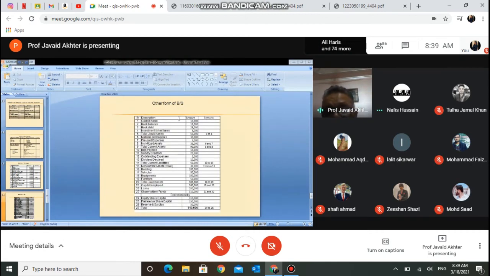We can also prepare the balance sheet in another alternate form. We start with cash in hand, cash at bank, book debts, investments. So this total becomes total liquid assets. If you concentrate on this slide a bit more, you will come to know the different types of assets, which I explained to you in the beginning also. Cash in hand, bank balance, book debts, investments are all your assets, so the total becomes liquid assets, 1 to 4. Materials and supplies and prepaid expenses are your non-liquid assets. If you add liquid and non-liquid assets, it becomes total current assets.